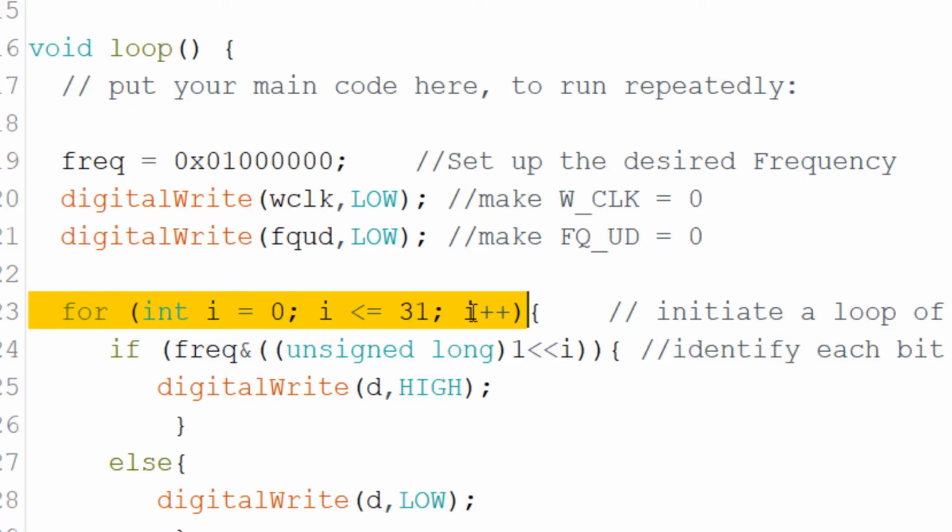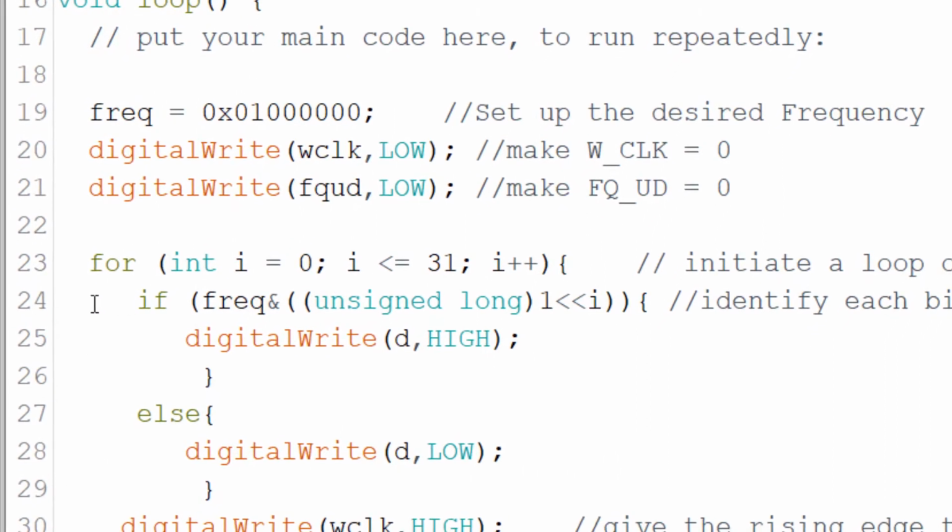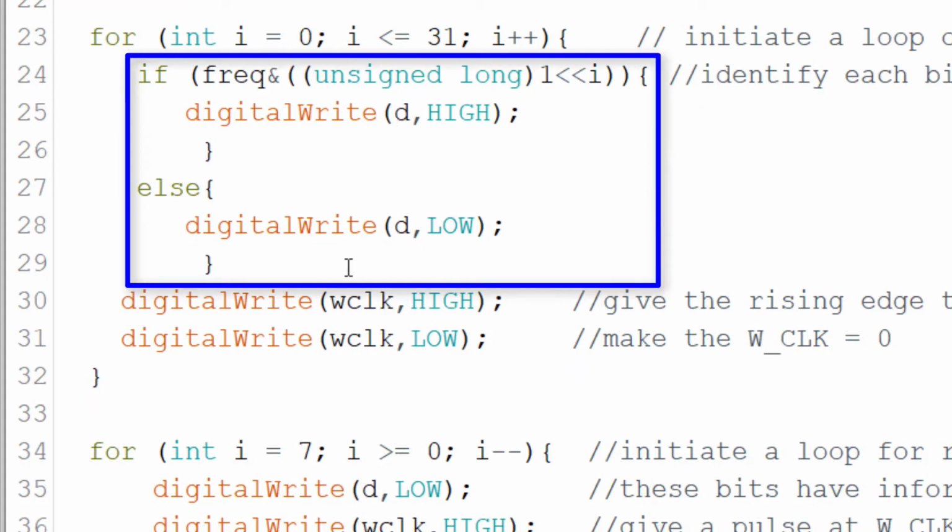So all the 32 bits are serially clocked in with this particular part of the program, and then we isolate 1 bit at a time, and if it is high we write the data high at the pin D and low if that particular bit is low. So this part of the program writes the data, identifies each bit and sends it to the data port. So this is what it is doing.